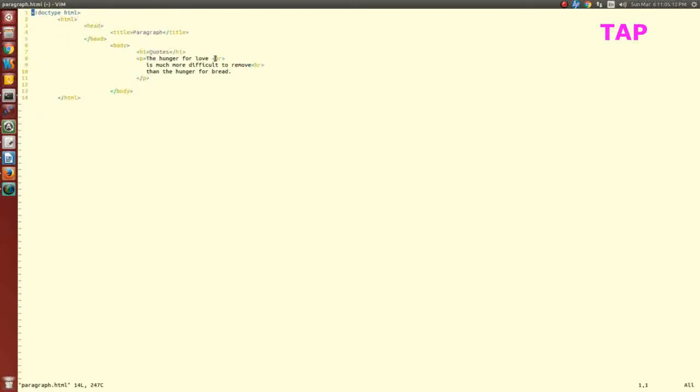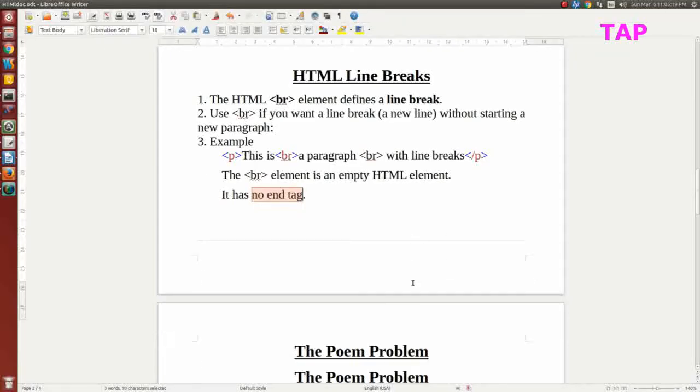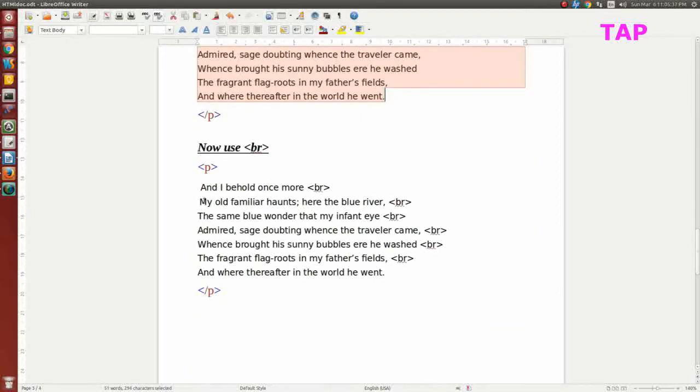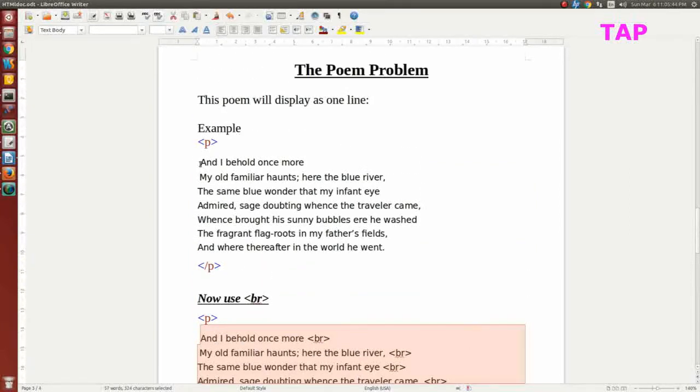Now you can see this is just a small poem I have taken, The River, where we will first see without using the BR tag how the output is coming, and after using the BR tag how my poem gives me the output in the web browser. Okay, so let me copy it. In the same program we will make the changes, that is better.